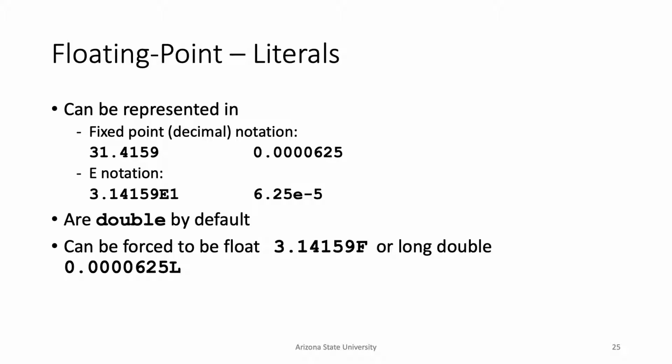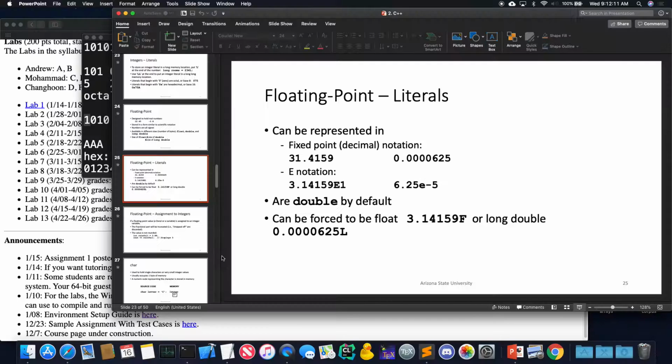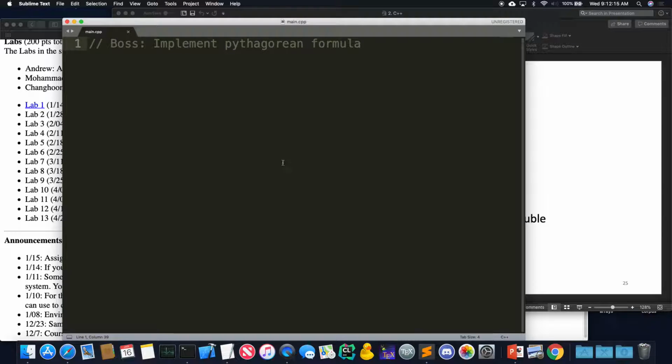Okay, so then you may be wondering, what if I tried this? Actually, let's do an example. So let's actually code up an entire little assignment by our boss here. So our boss says, I want you to implement the Pythagorean formula for us. Okay, so maybe we're trying to do some calculation, implement the Pythagorean formula for us. And by this we mean,